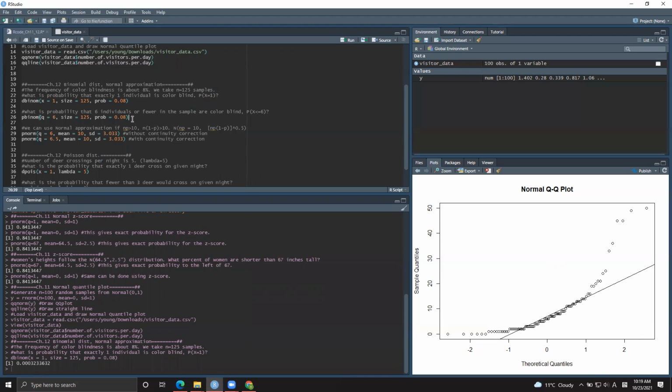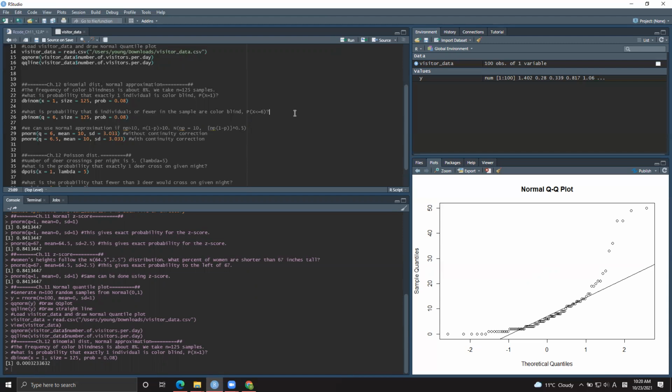All right, and let's go ahead and look at the second example. What is the probability that 6 individuals or fewer in the sample are colorblind? So this one is asking what's the probability that you get 6 or less? So it's cumulative up to X equals 6. So this represents the probability of X equals 0 plus the probability of X equals 1, the probability of X equals 2, added up to the probability of